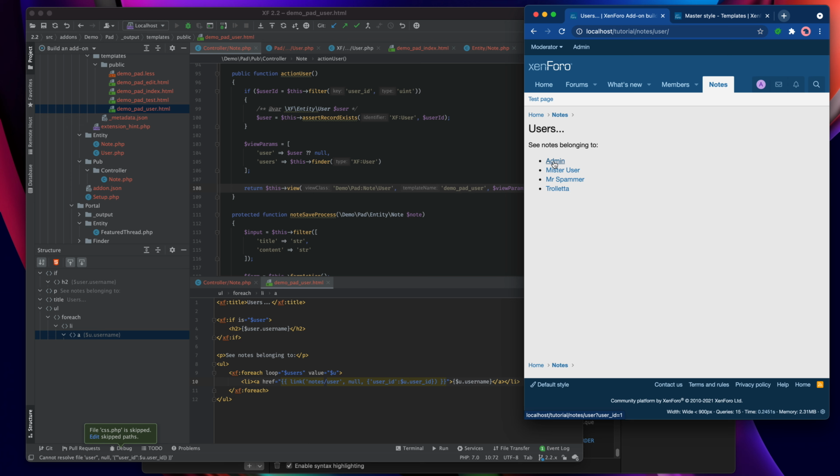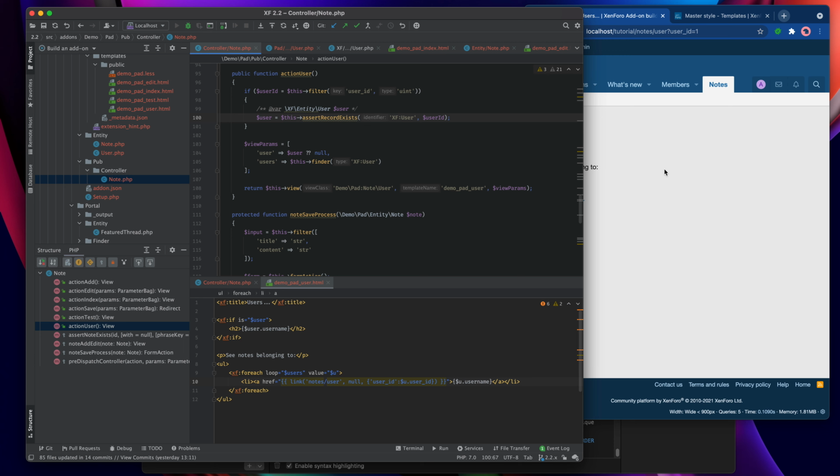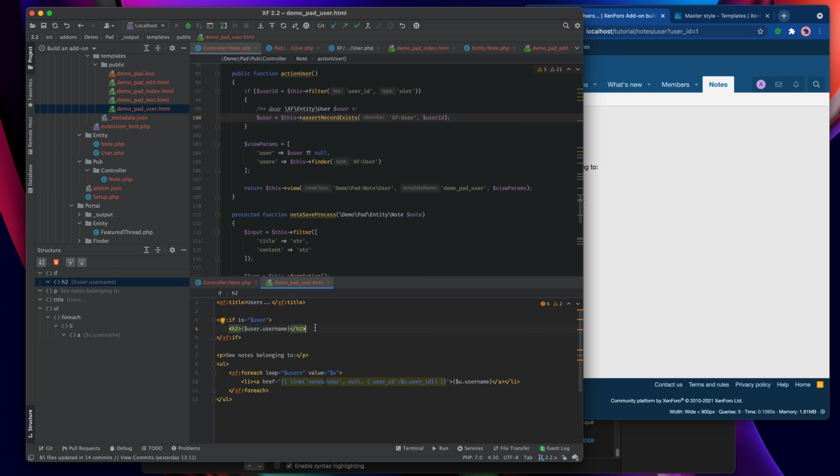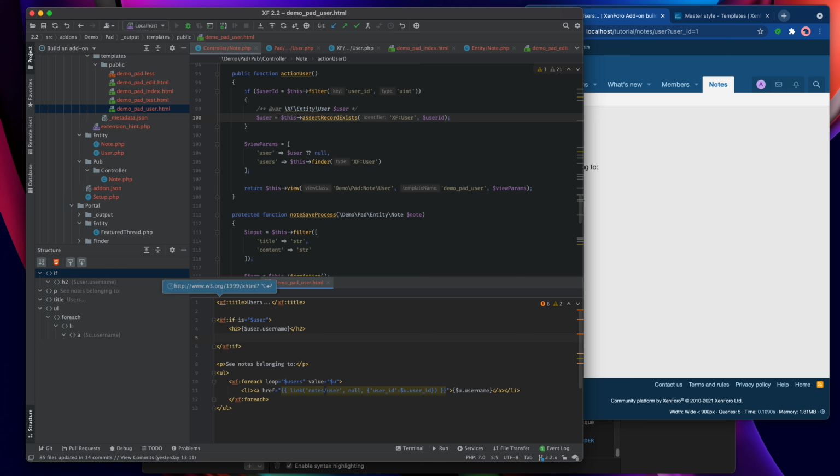Now, what happens if I click on my user? It's picked it up, so it has found the valid user. But how do I get to the note? Well, this is the thing I wanted to show you. All I need to do is reference the notes through the relation, and it automatically fetches them without me having to do any work in PHP at all. I can actually fetch them through the template. Let's do it like this.